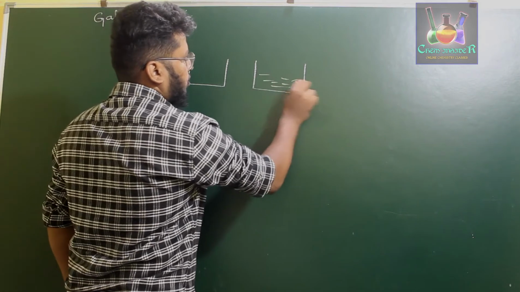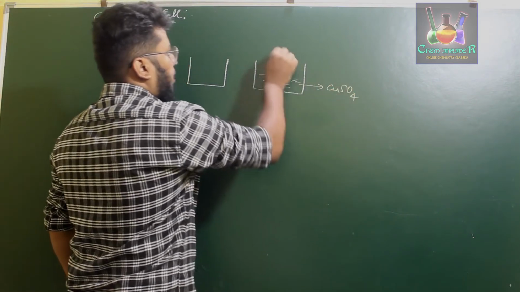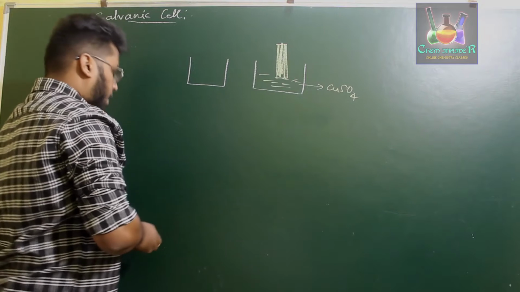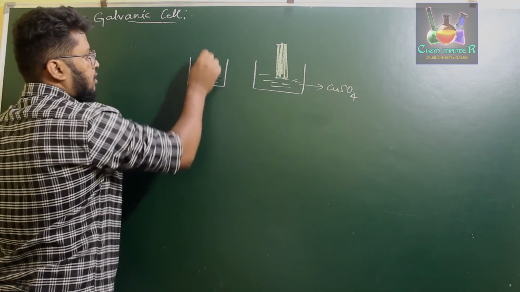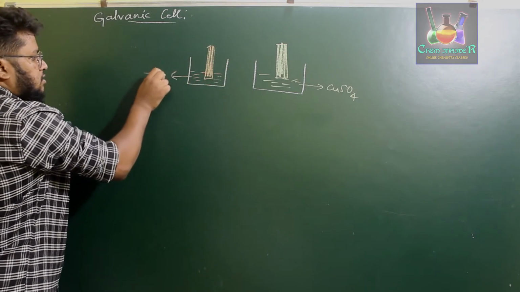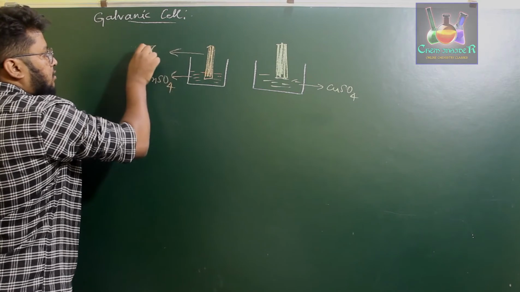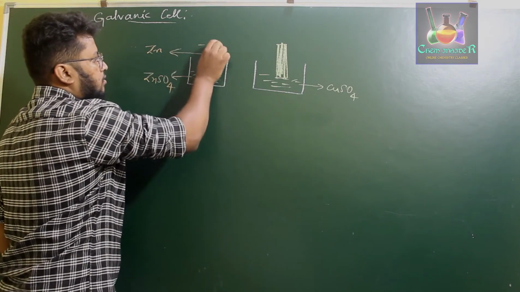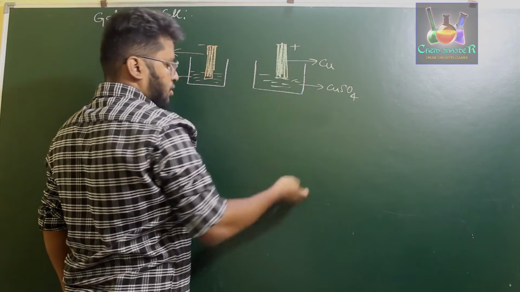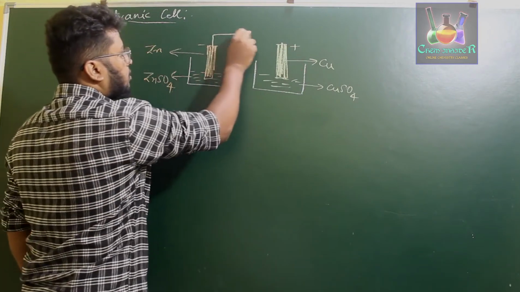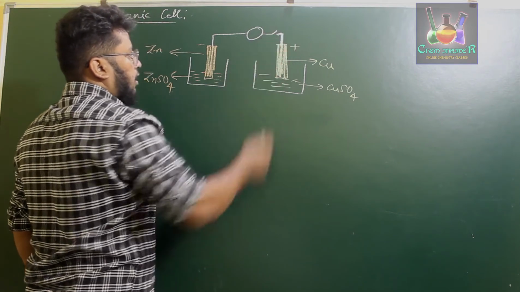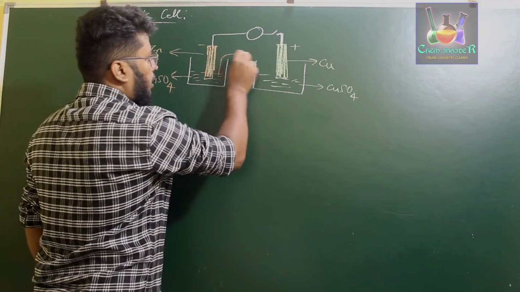So this is a copper sulfate solution, and we have dipped a copper electrode in it. The other has a zinc sulfate solution and a zinc electrode dipped in it. So this is zinc sulfate and this is metal zinc, which is acting as an anode. We have the copper cathode, and these two are interconnected through a voltmeter and a switch. Let us say we have a switch over here, and further they are connected through a salt bridge.